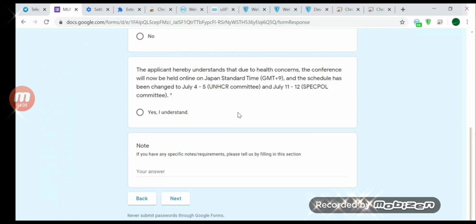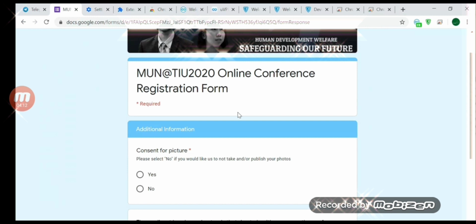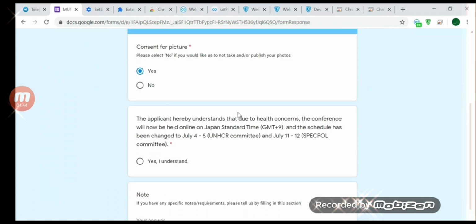And right here they're asking me, in case they take screenshots or pictures during the conference, is it okay by me if they put them somewhere on social media? If you don't agree to this, of course you can choose no. However, as I already mentioned, the organizing committee looks for people who are committed, so it's better to choose yes and show that you agree and that you don't want to put them in a difficult situation. So please choose yes if you want to be accepted, but choosing no is also okay.